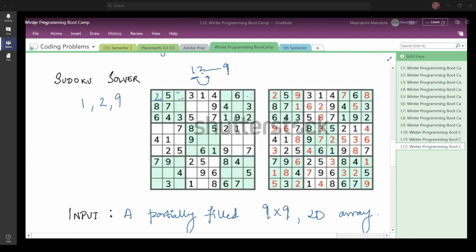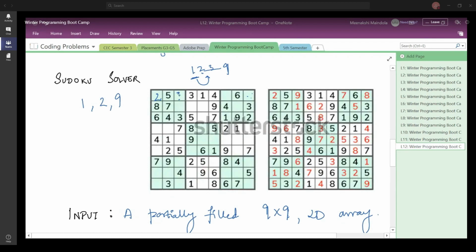So it is going to check for 2. Can I fill 2 at this particular position? No. Why? Because it is already in the same row. So you do not fill 2. Then you check for 3. You check, can I fill 3 here? No, I cannot, because 3 is in the same row. Then you check for 4. Can I fill 4? No, 4 is in the same row. Can I fill 5 here? You already know 5 is already in the same submatrix, but no, the program is going to check each and every digit starting from 1 to 9.